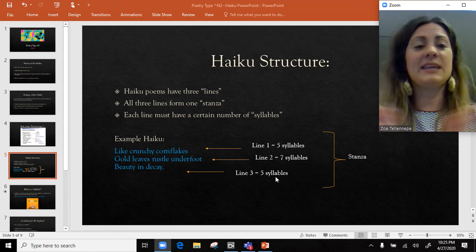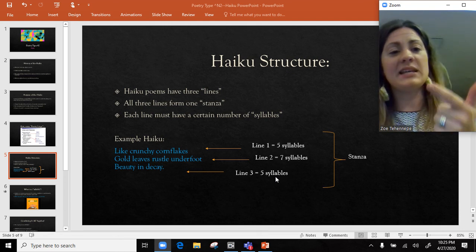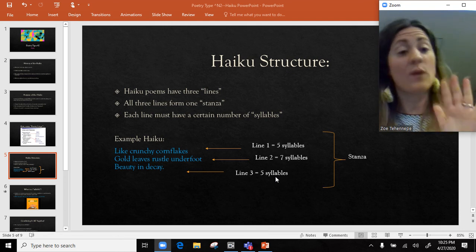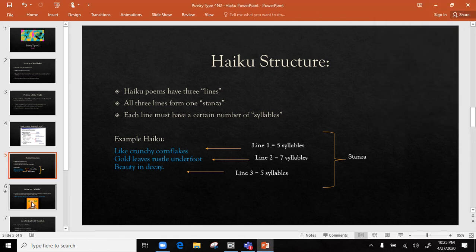Beauty in decay. Okay? Now, if we pop to the next slide,